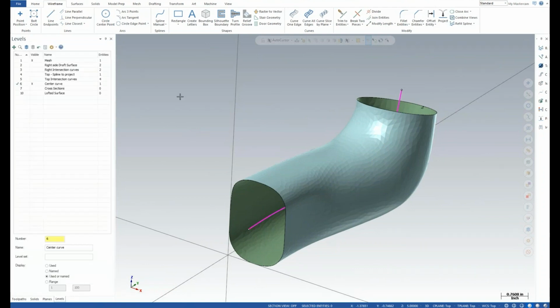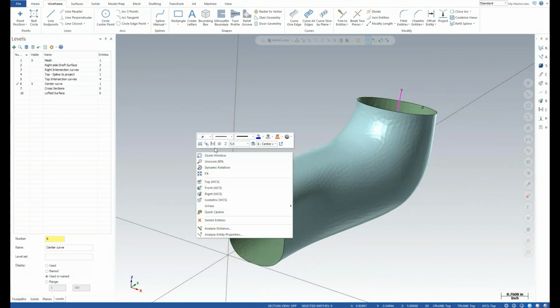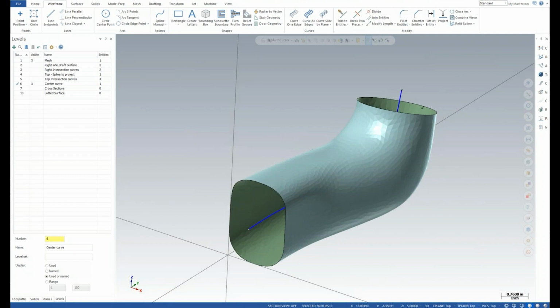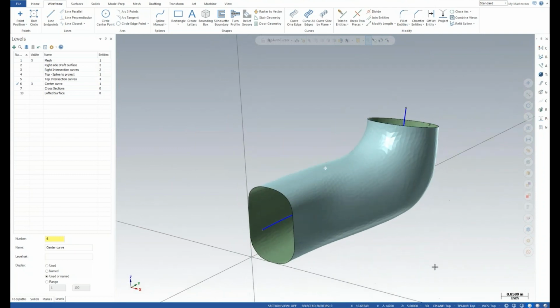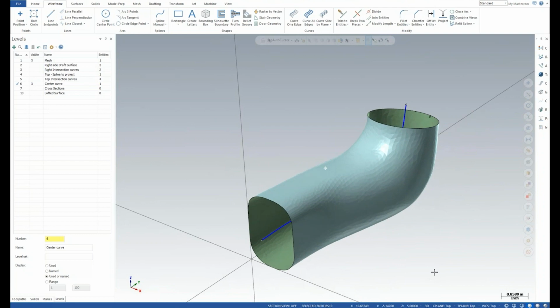We'll say okay. And what that does is, our original intersection curves and our projected curves were all heavily influenced by the topology of the mesh itself. And so that influence could have an effect on our center curve. So by running refit, it tends to smooth those things out and even those things out. All right, so now we have our center curve and we have our mesh.